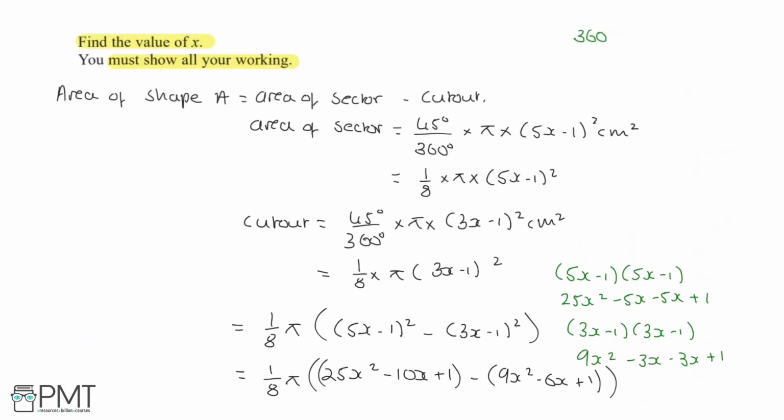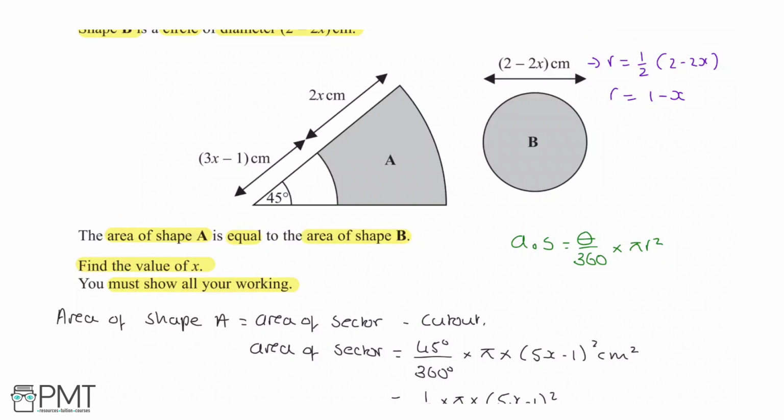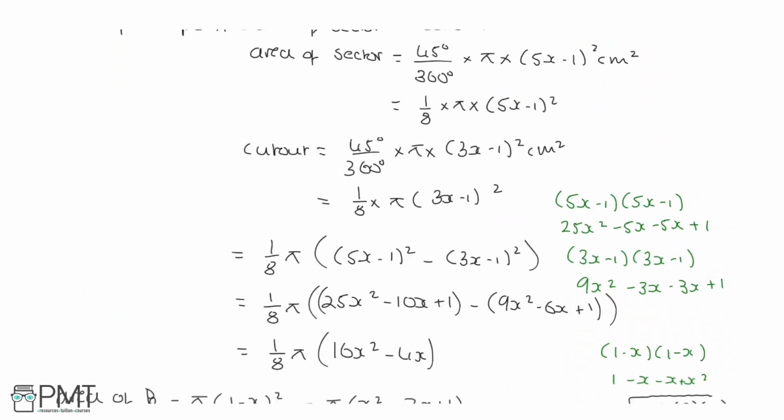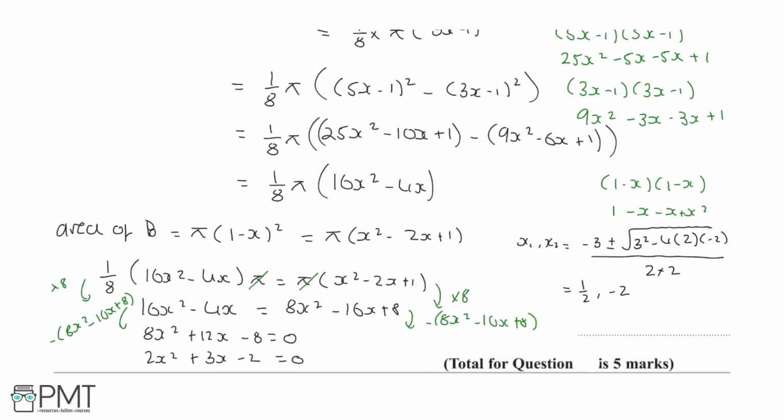So if we come up to the top, first value is a half, okay? Is it fair to say 3x minus 1 at x equals half? Well, let's test it. 3 times a half, minus 1 is 3 over 2 minus 1, so this is 0.5. Okay, so that's fine. 2 times a half is 1, and 2 minus 2 times a half is 2 minus 1, which is 1, okay? So in this case, 1 half works as a value of x, okay, because none of the dimensions end up being negative. So we can come here very comfortably and say x equals a half,